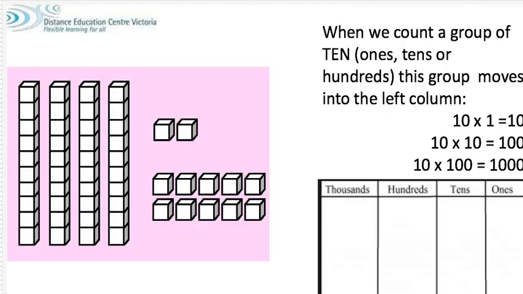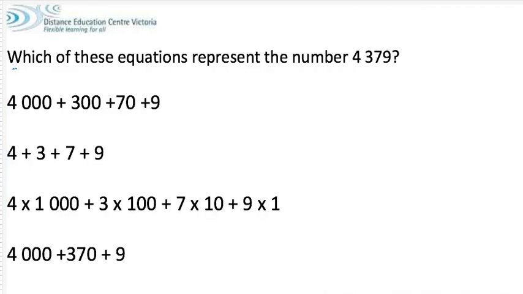Let's have a look at other ways of talking about numbers. Of course, once you get 10 of these ones, they become 1 of these 10s. Each column, the numbers are multiplied by 10. So once I have 10 ones, it makes 10. When I have 10 tens, it makes 100. When I have 10 hundreds, it makes 1,000. That's a very important idea in our number system. Now let's look at our number